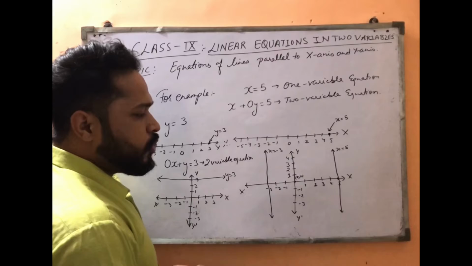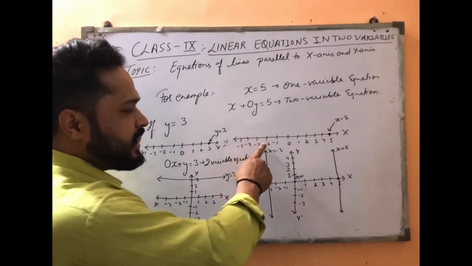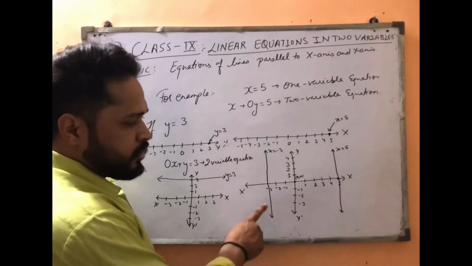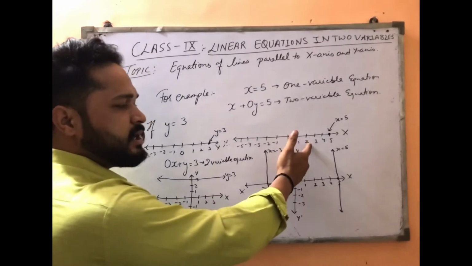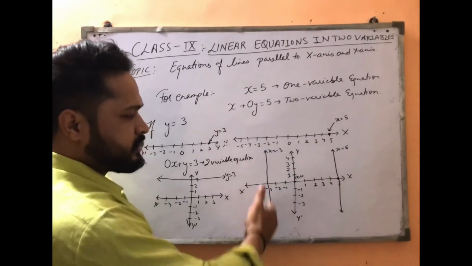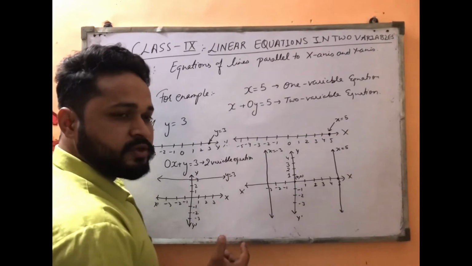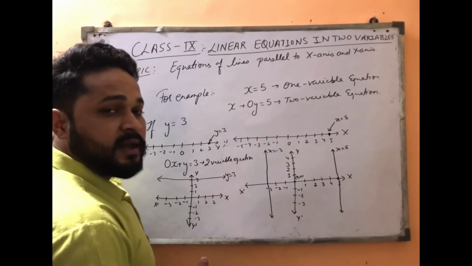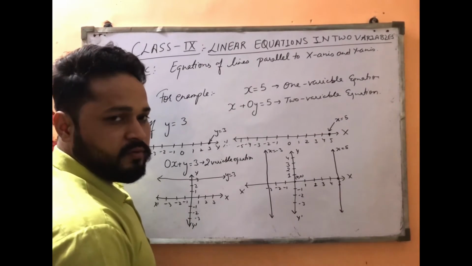Okay, so I hope all of you can understand the concept to draw a line on a single axis and on a two dimension. Okay, and how we can represent it in a single axis, it is a point, or in double axis it is a straight line. Okay, and if the equation is in terms of y, it is always parallel to the x axis, or if the equation is in terms of x, it is parallel to the y axis.